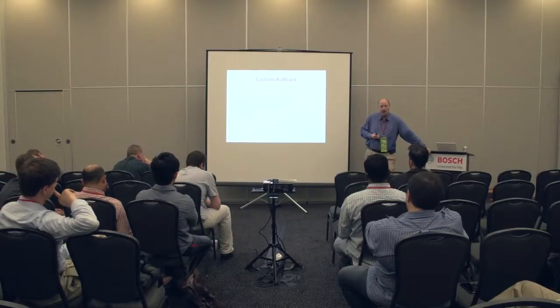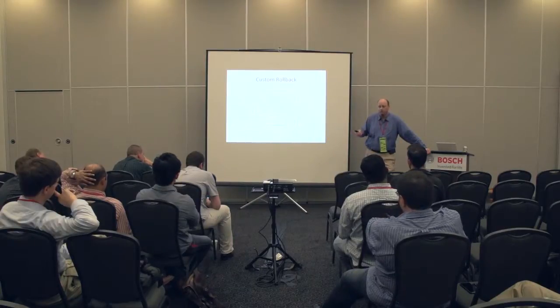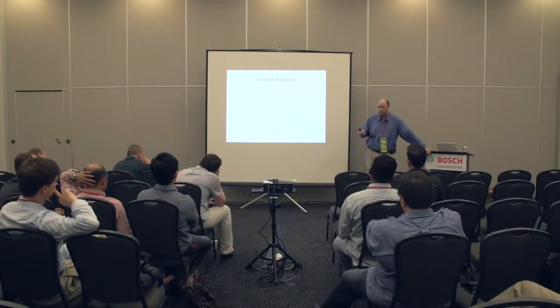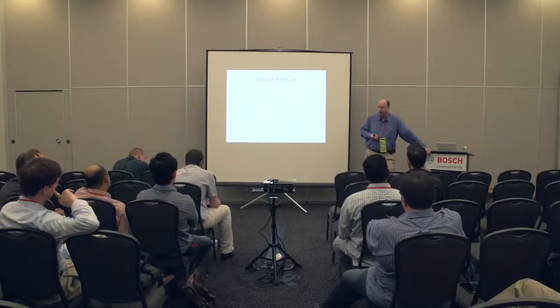You've got two choices. You either code a custom rollback so that consistency is maintained automatically, or, in the event of a failure, some support person has to go make the data consistent, issuing SQL or whatever they have to do with the underlying data storage to make everything right. And you end up making decisions based on the expected frequency of error. The things that error out more frequently, you might code custom rollbacks for. The things that happen once in a blue moon, maybe you leave for manual intervention.